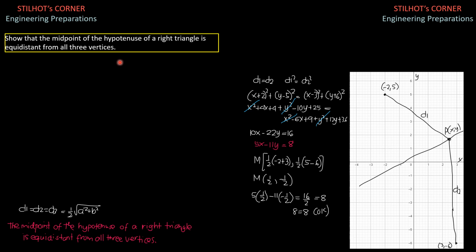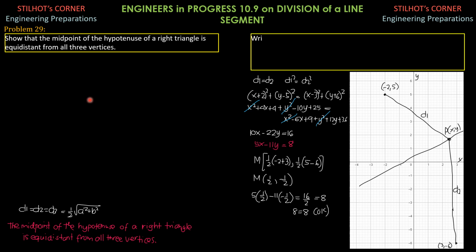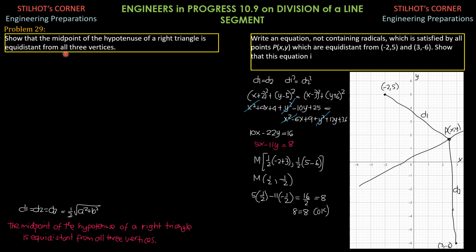By the way, allow me to discuss this with less animation so that I can discuss three problems in a short period of time. So this is problem 29 already. So to show that the midpoint of the hypotenuse of a right triangle is equidistant from all three vertices, let's consider in general a right triangle with legs coincident with the x and the y axis as shown in the figure,